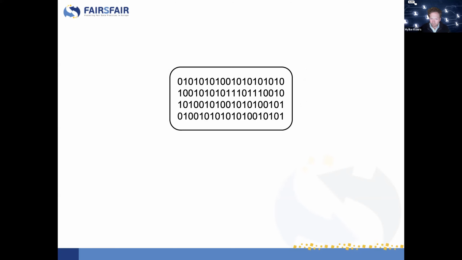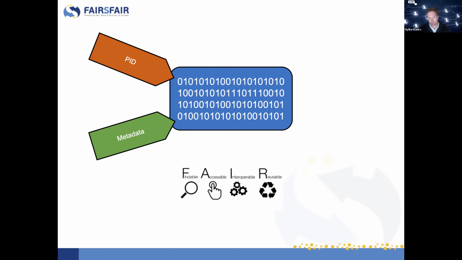To guide you through the thinking, I again want to take a few steps back and start at the bare notion of data, the bits and bytes that somehow represent useful information. And of course, as we all know, we are not satisfied with just data. We want FAIR data, which means we want to associate metadata to the digital object, a persistent identifier, and a couple of other qualities and attributes. And we want to do some things with the data to make them findable, accessible, interoperable, and reusable. For example, put them in a trustworthy data repository.